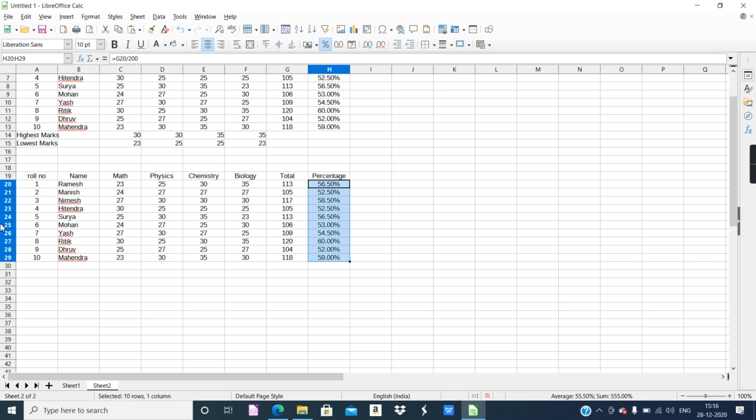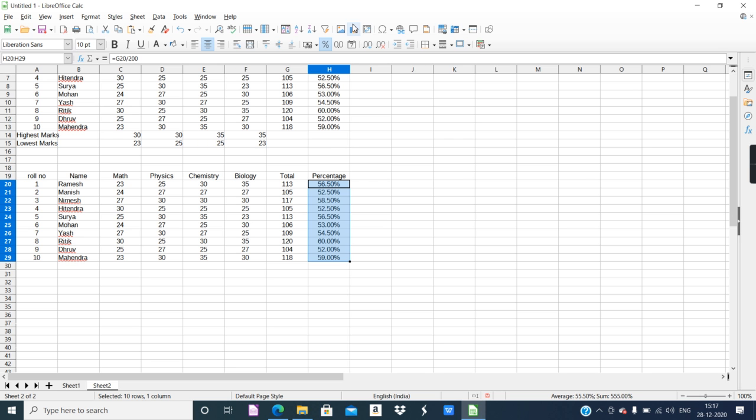That means consider everything but do sorting as per percentage. For example, if 60 is the highest percentage, then 60 will come at the first position, and accordingly whoever got 60 percent, Ritik, roll number 8, Ritik should come in the first position. That is going to happen if you select expand selection. So do it carefully. If you're sorting here, the reflection should be done in the other records also. So do your selections properly.